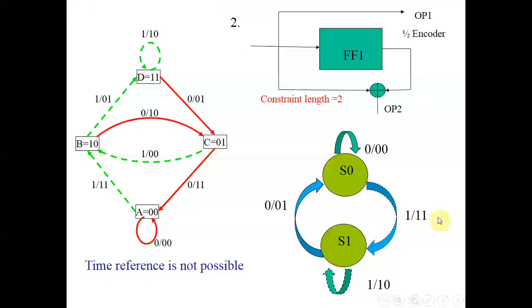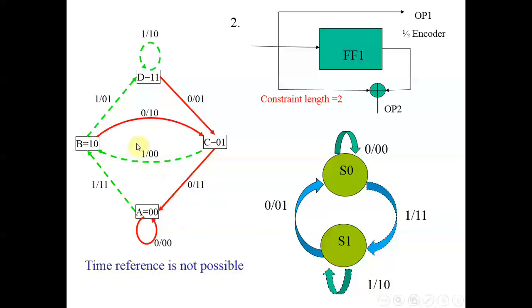Now what is the advantage of this representation? The advantage is it is a very simple representation, but the disadvantage is that time reference is not possible. Time reference in the sense, if I am applying input sequentially, and let's assume that I have applied 4 times input, so I am expecting the 4th clock, but that is not possible to identify whenever you are revolving in the state diagram. At any particular instance, it is not possible to say how many inputs you have applied so far, because you are just traversing the state diagram. So time notion is not possible here.